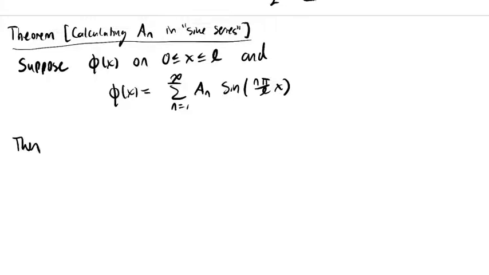The conclusion is that an is given by 2 over L times the integral from 0 to L of phi of x times sine of n pi over L x